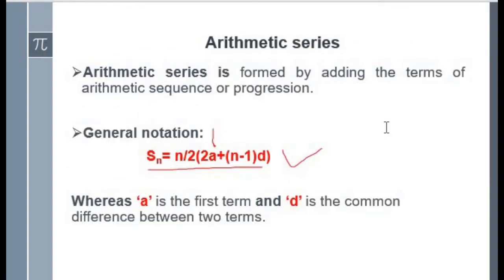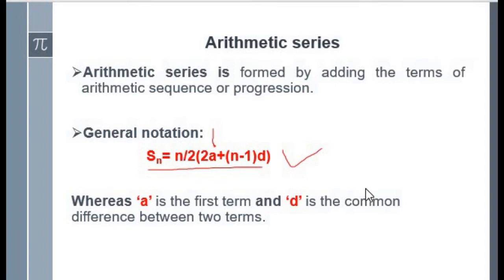So let's see different types of series. The first one is arithmetic series. Arithmetic series is formed by adding the terms of an arithmetic sequence or progression. We have covered arithmetic sequence and progression in our previous lecture. If you want to understand more about arithmetic progression or sequence, I would recommend you see my previous video